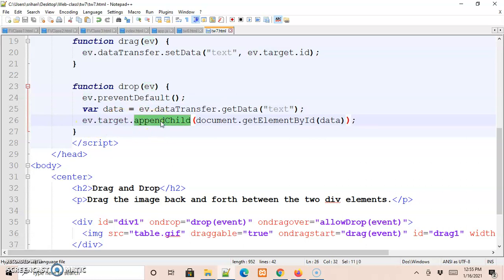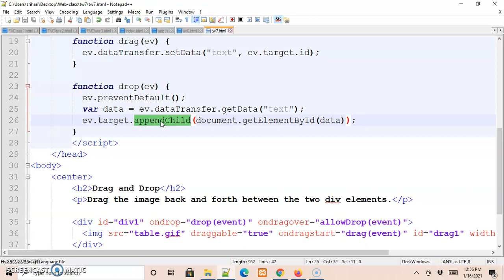ev.target.appendChild. So appendChild is one more JavaScript function which will add, or you can say append, a node as the last child of a node, which means that it will add the HTML element towards the end of the set of elements that the HTML element already has.